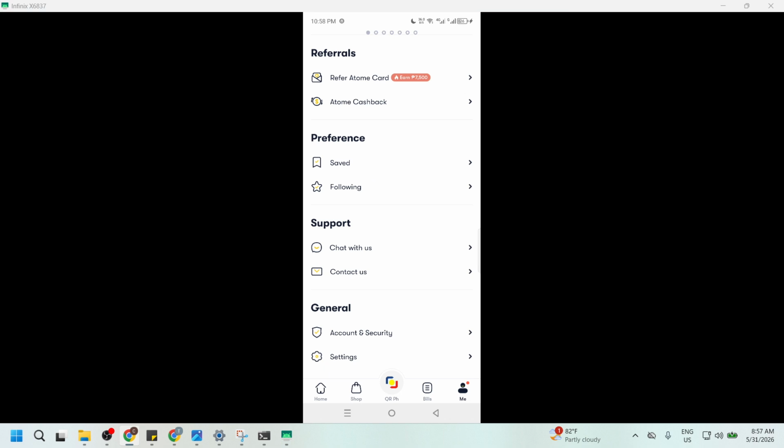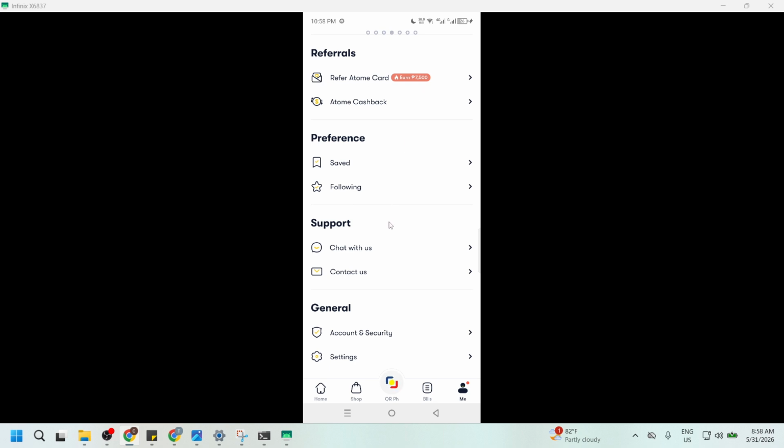Inside the Me area, select Support or Help Center. This is your hub for assistance. You'll usually see common topics and articles here, which can be helpful if you just need a quick answer. If an article solves your problem, great. You can save time. But if you need clarification, have a billing or repayment concern, or want to speak to someone about your account, you're in the right spot to start a conversation.